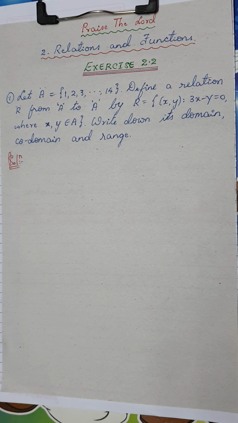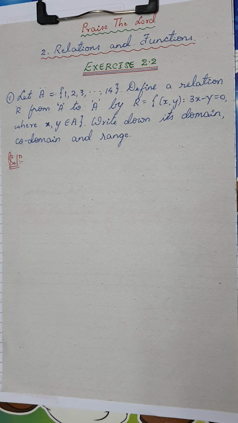For you to write any relation, please have one common thing. You should always have a set. A relation is always defined with respect to a particular set. Most of these questions which you are going to solve in this video have already been asked many times for 3 marks. Usually writing the relation, writing its domain and range, would be a 3-mark question. So kindly note it down carefully.